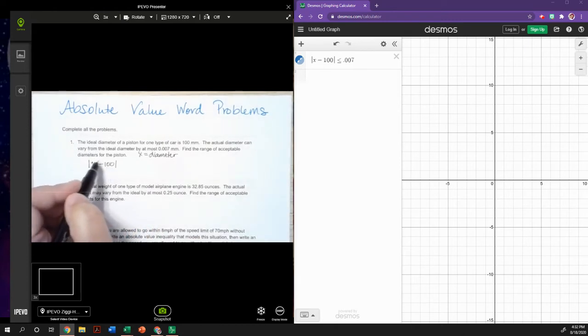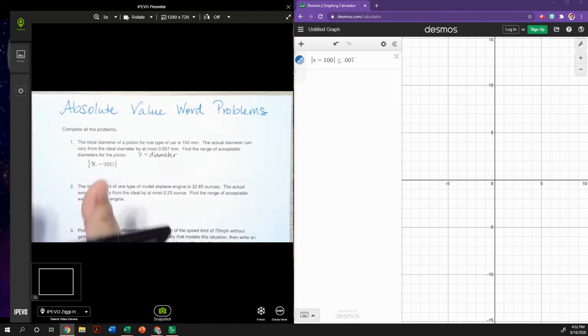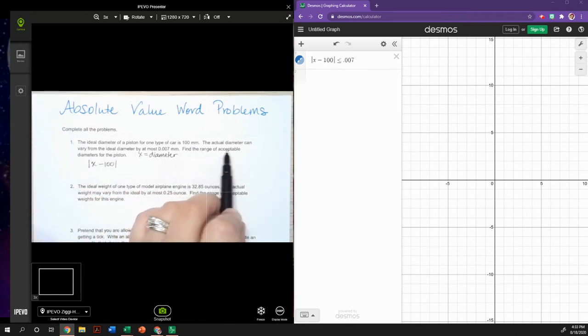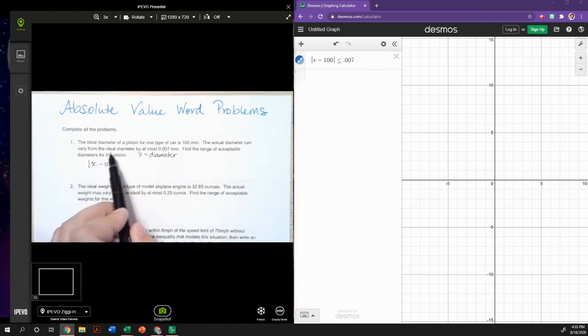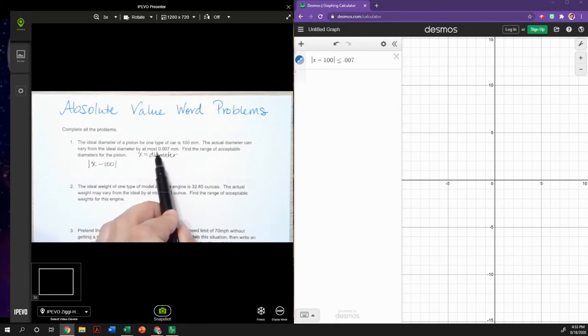So whatever I put in here, I want to be looking at the positive value of it. And then it says the actual diameter can vary from the ideal diameter. So I took the actual and I subtracted the ideal by at most,